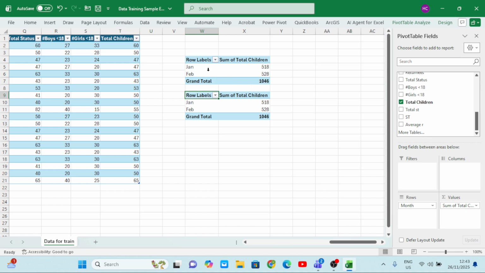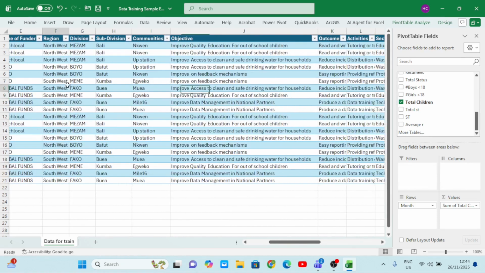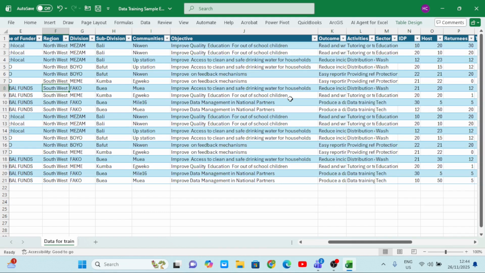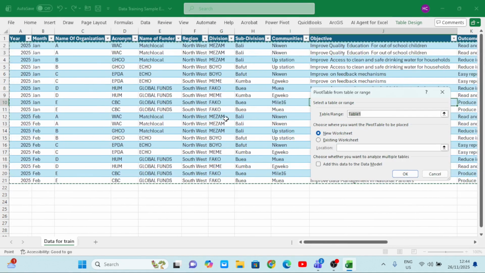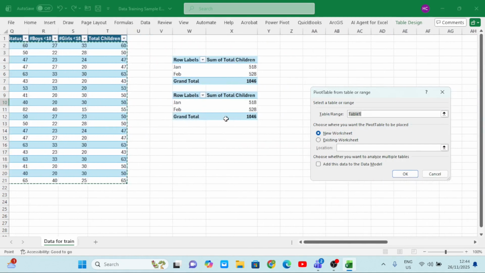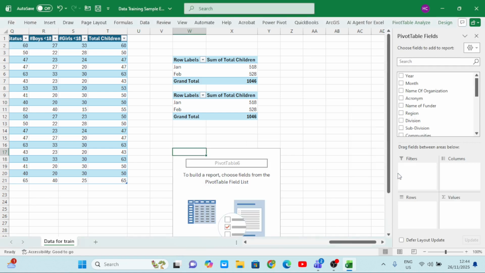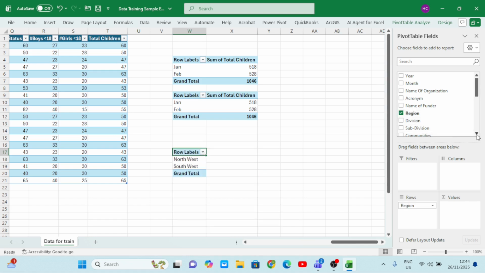So right here, you see how I'm organizing my pivot tables, right? I'll come again under here again. I'll choose my table again. Anywhere, I click inside anywhere, and I take insert. I go to my pivot tables, select my pivot tables. I want this group to be appearing here, and I choose the existing sheet, and I reference this area, and I click OK. And what I want to be seeing now is regions against,